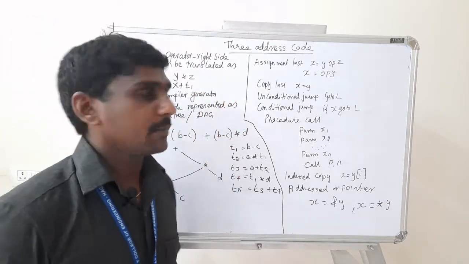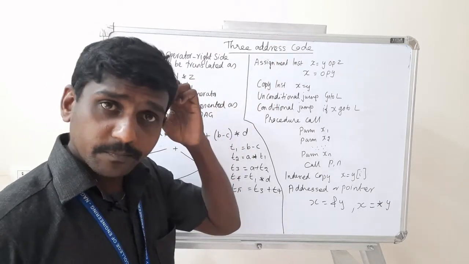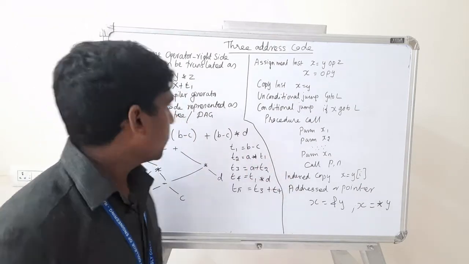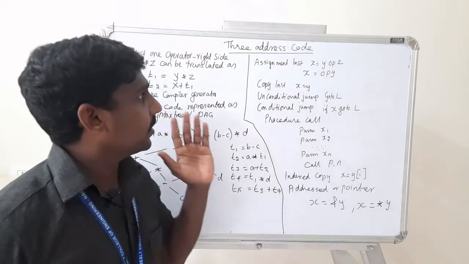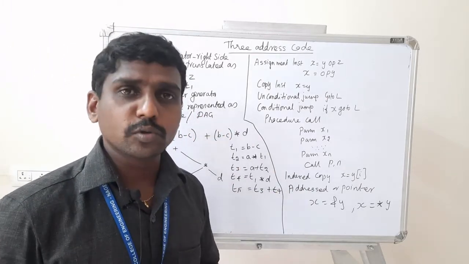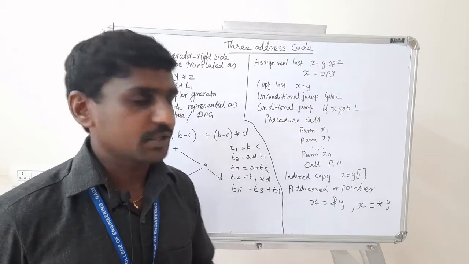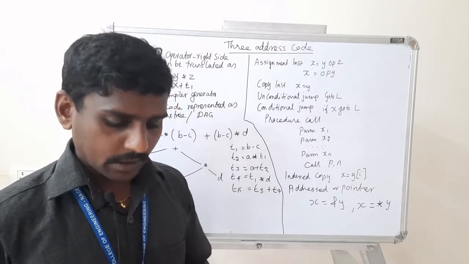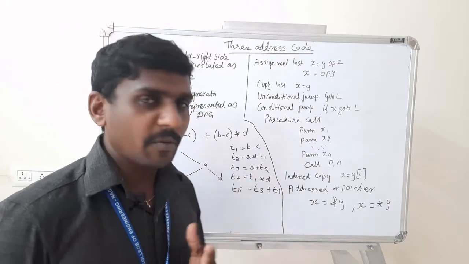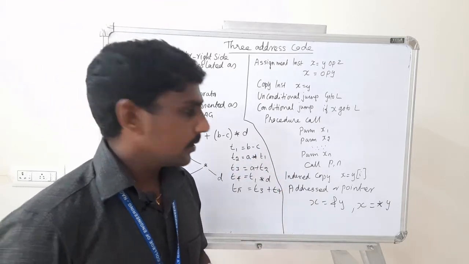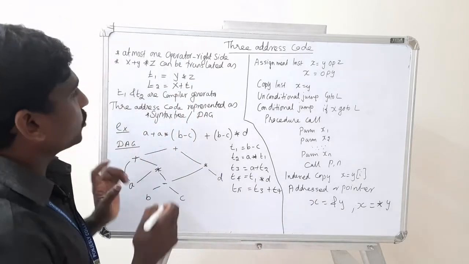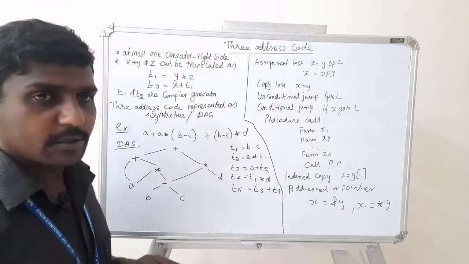So in this video class, I am going to teach you three address code, how to implement three address code and what is three address code. Why are we using three address code in compiler design? In order to perform intermediate code generation, we need this three address code. It is mostly performed by the compiler, based on some memory. You should remember a few points about this three address code.